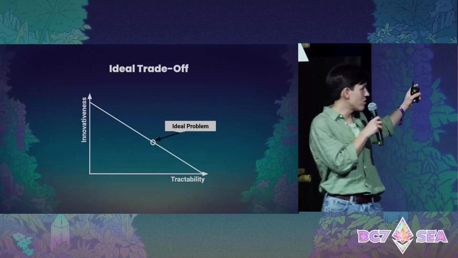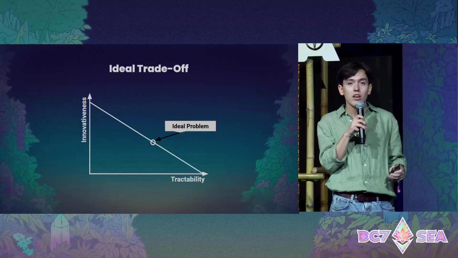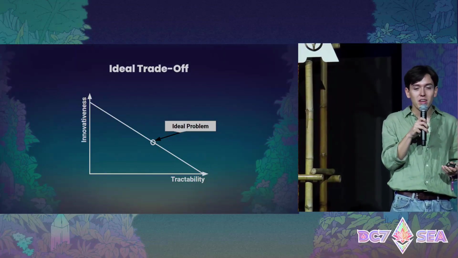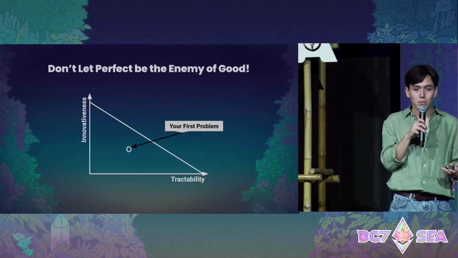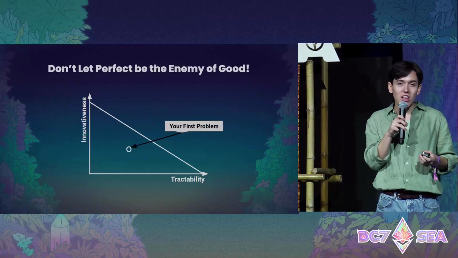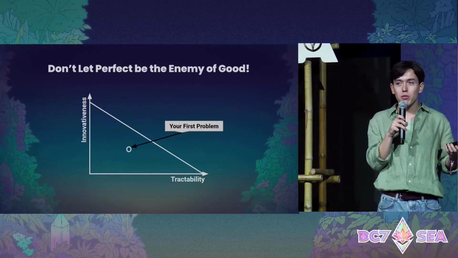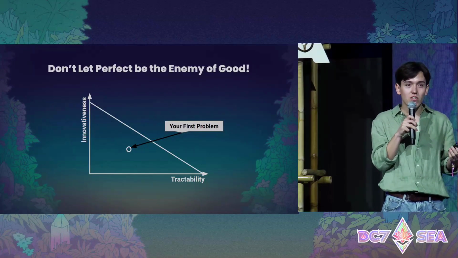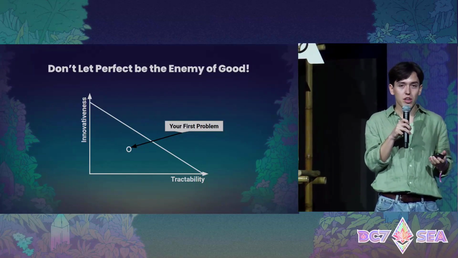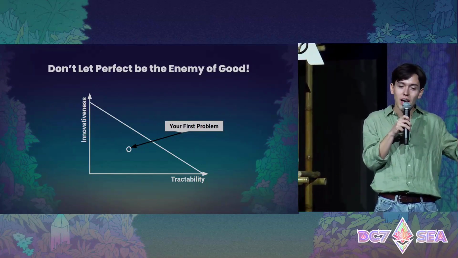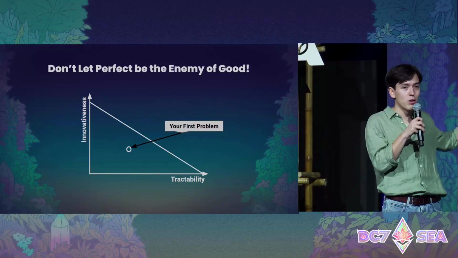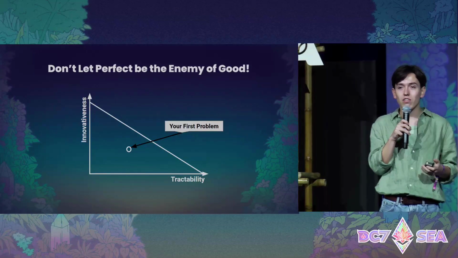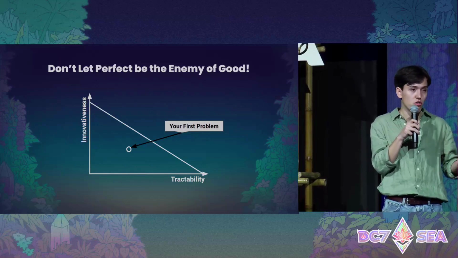So let's say that this is the optimal frontier. Find some problem that should, in principle, be ideal. But then be aware that this is actually very difficult to do. Don't spend too much time looking for the optimal problem. Just get your hands dirty, get familiar with how Ethereum works, and do this by finding some problem that's maybe not on the frontier, but that's at least tractable to your skill set and has a small contribution if possible.